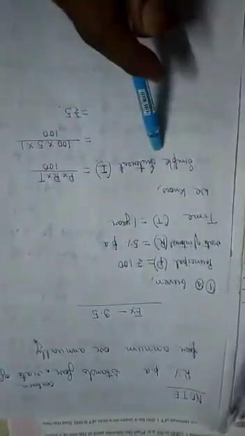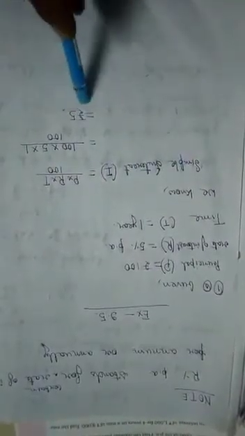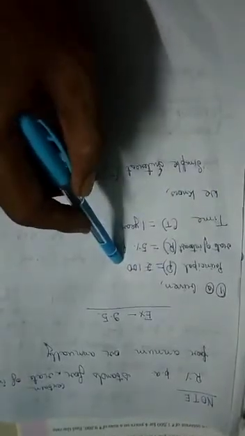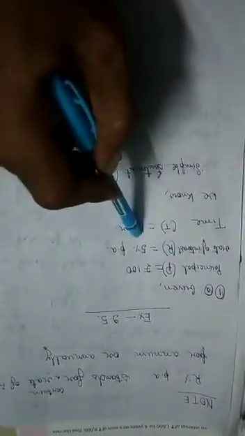Now, let us start Exercise 9.5. Here the principal is given, the rate of interest is given, and time is given, so we have to find out the simple interest. So P, R and T are given, so just put in the formula, put the values and calculate. So the simple interest that we have to pay is ₹5. The principal is 100, the rate of interest is 5, and the time is 1 year.